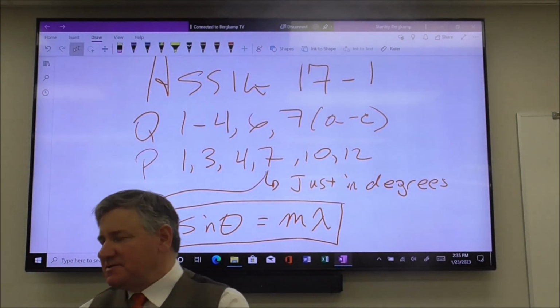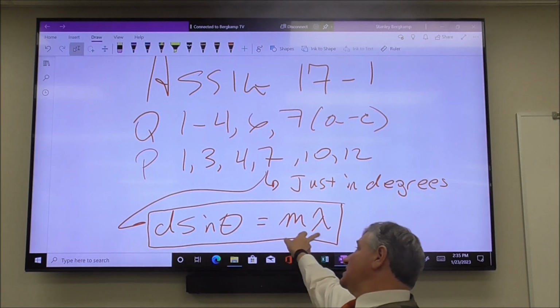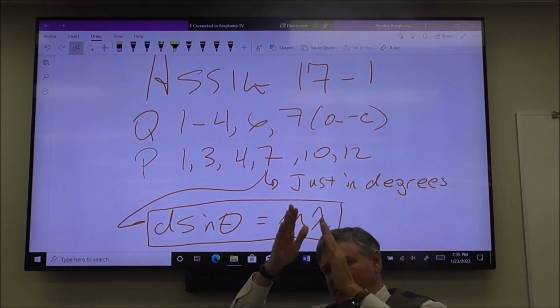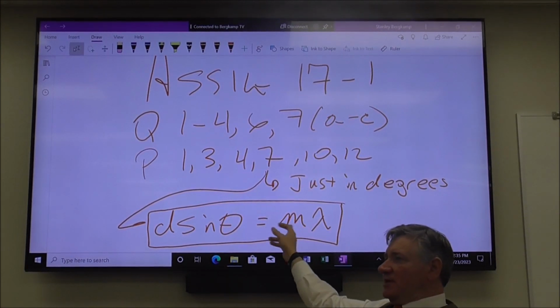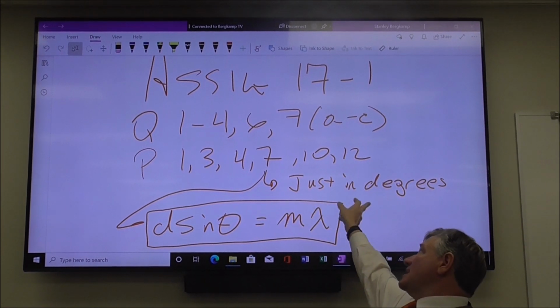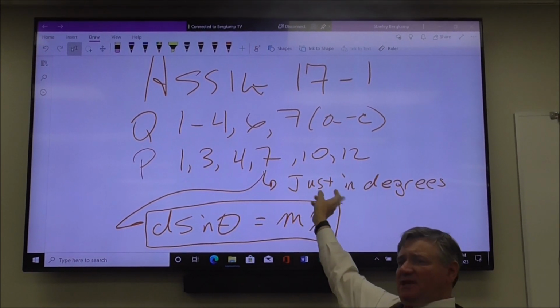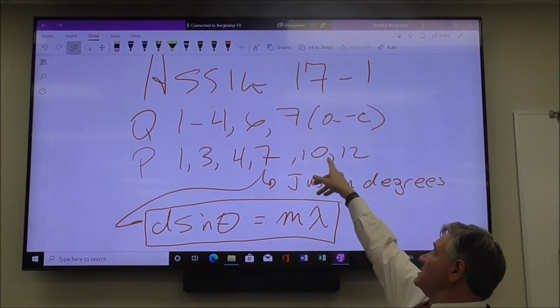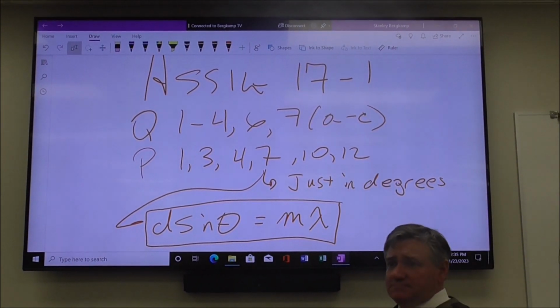I know. This is another equation that's in your book. This is basically the geometry, and I'll go through the geometry and why that works tomorrow, but you're gonna need that on number 7. They're gonna ask this for radians and degrees, just give it in degrees. It'll make sense when you get there. When you get to question 7, just A through C,